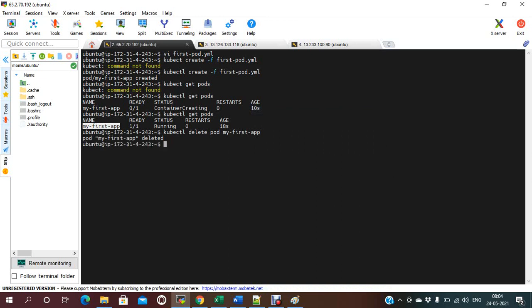It will contain the container details along with the application details. So if you check now, kubectl get pods, there are no resources available.